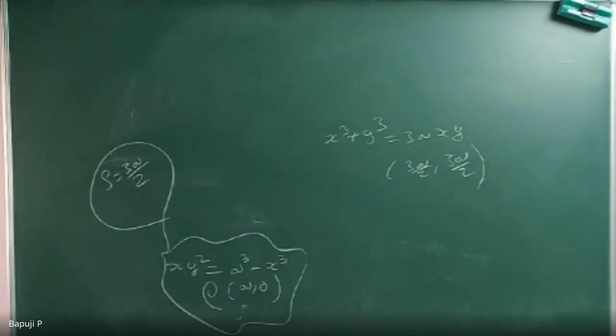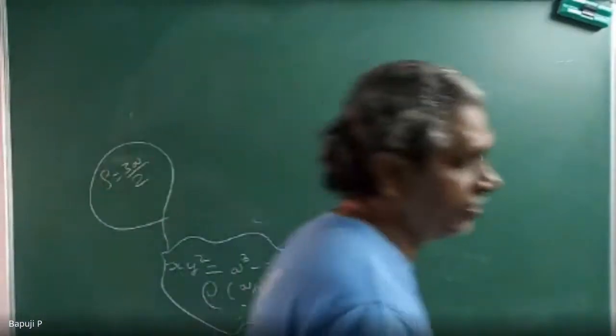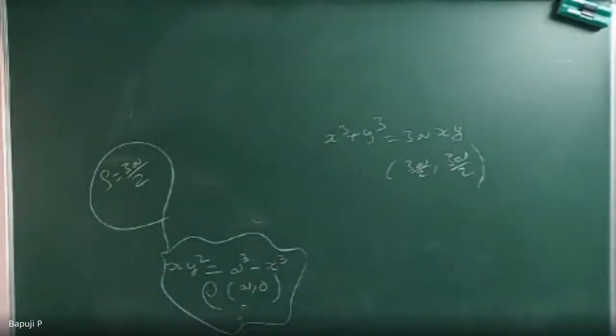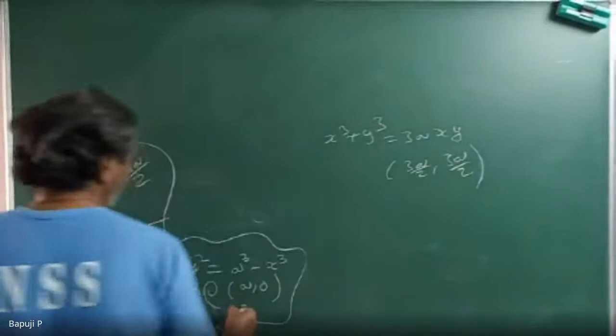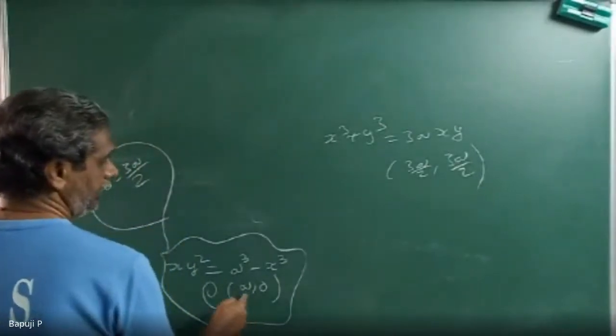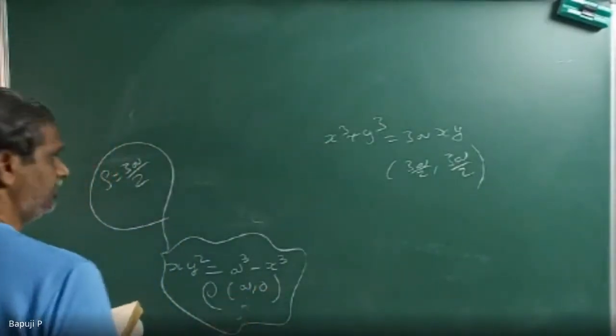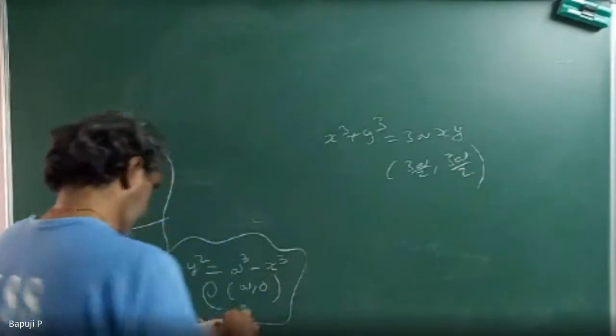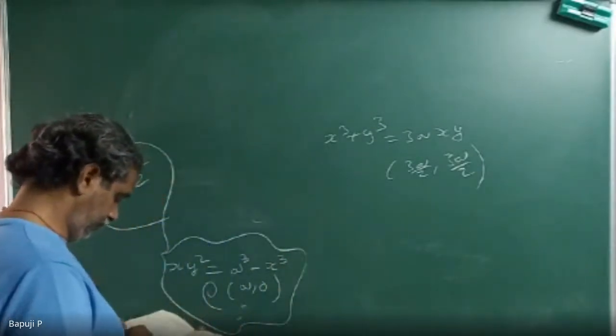Simply don't substitute 3a by 2 whole cube, 3a by 2 whole square divided by y cube. What does that mean? 3a by 2 whole square, it will cancel. Logically you can think, mentally actually. Then you can attack. Roughly you can see how many values there will be, because x and y are both the same points. This was cut, right? You will actually get infinite points, a comma 0, guaranteed infinite. This is a normal problem. You can try. If you don't get it, I will help you.